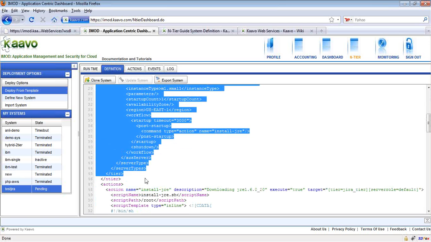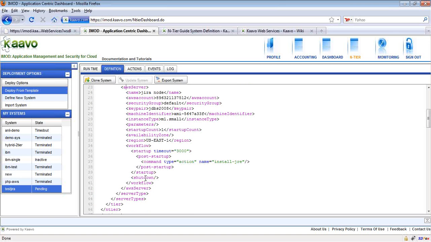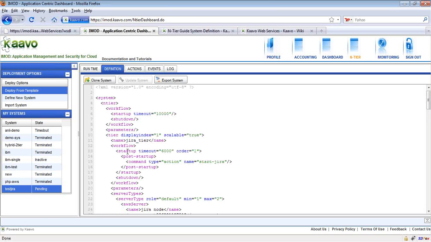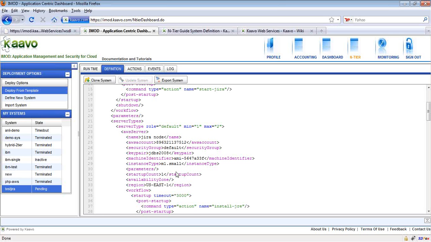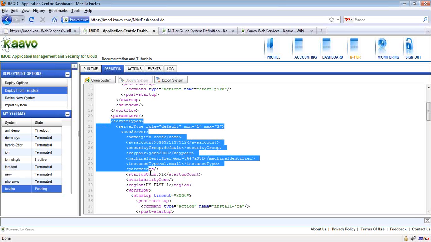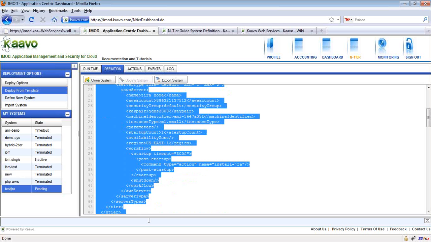So we have one multi-tier element within which is nested a tier element, and we provide details like tier name, etc. And in a tier, you have to specify what types of server you want there, and you can do that by nesting this server types element inside the tier element.